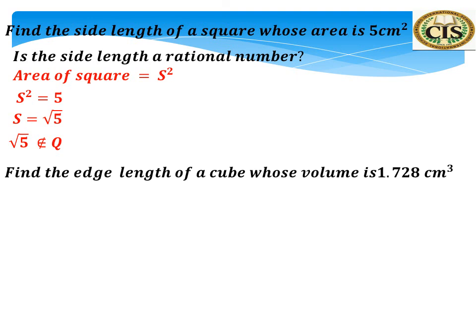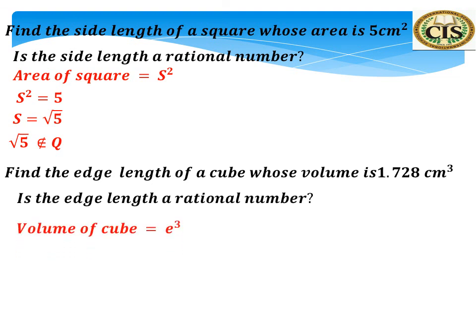Find the edge length of the cube whose volume is 1.728 cubic centimeters. We know the volume of a cube equals edge power 3, so the edge equals the cubic root of 1.728, which equals 1.2. It's belonging to